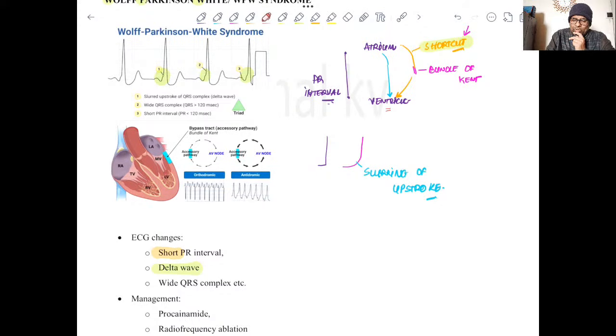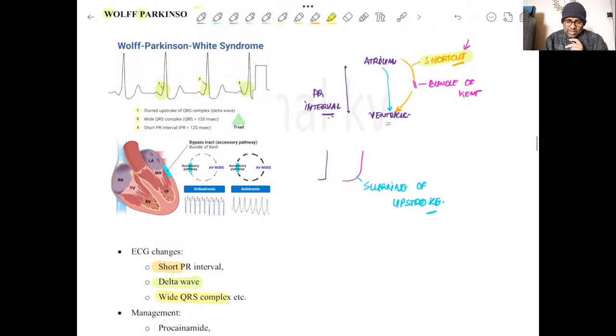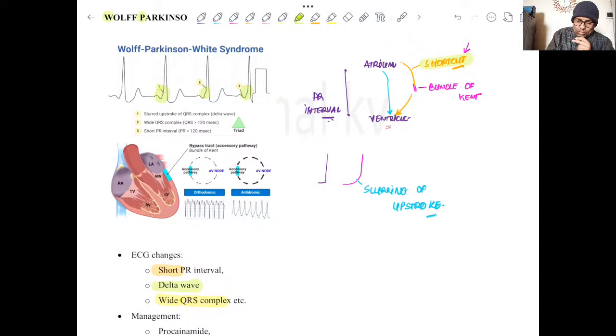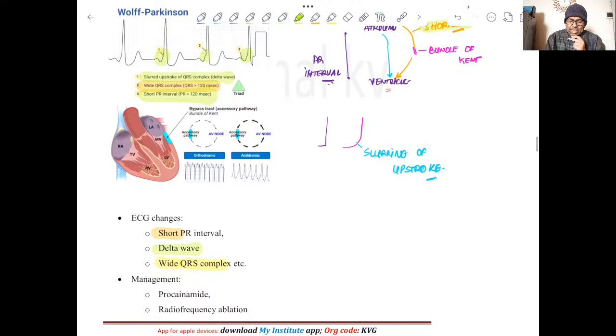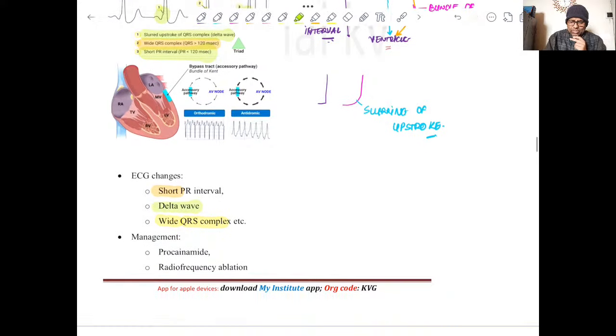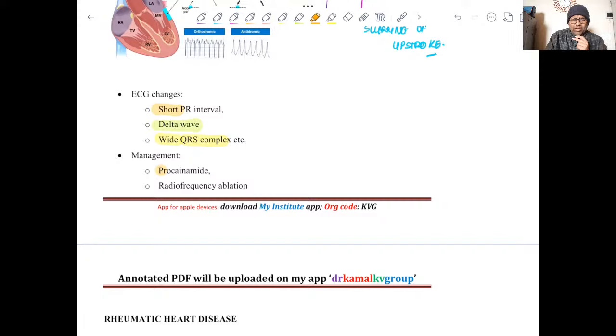So these are three important ECG findings which one has to remember for WPW syndrome. Clear? So slurred upstroke of QRS, that is delta wave, then wide QRS complex more than 0.12 second, and short PR interval less than 0.12 second. So very easy and very important to remember for WPW syndrome. And yes, you can give procainamide or flecainide or even amiodarone, or you can try radiofrequency ablation of this bundle